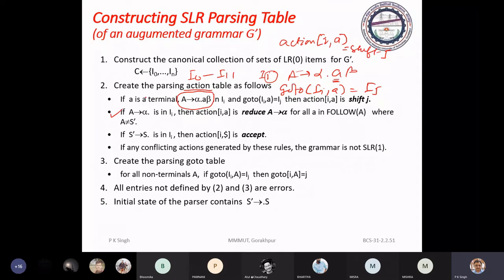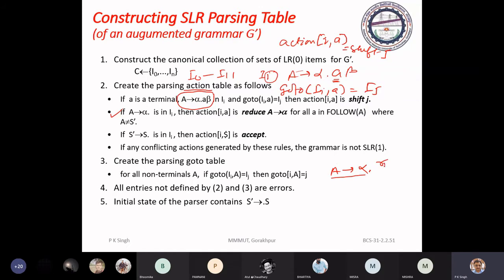Next, this type of item, that is A2 alpha dot, means the dot is at the right side of the production. In that case, the action is reduce by the production A2 alpha. So you can write a reduce action by a production.